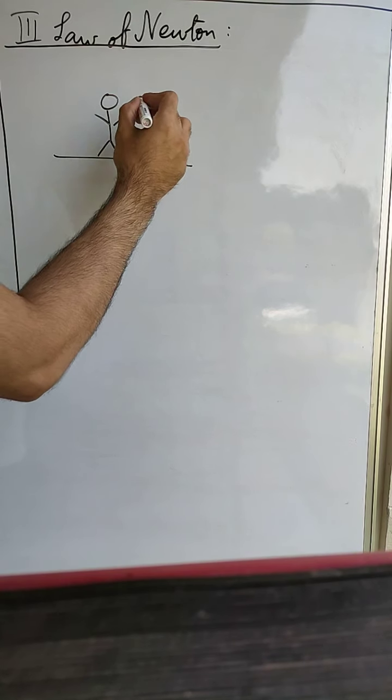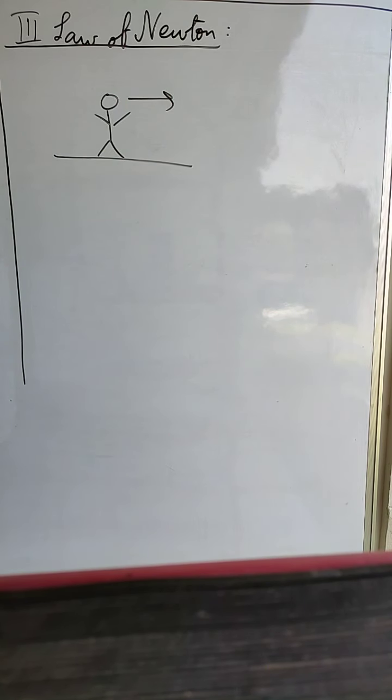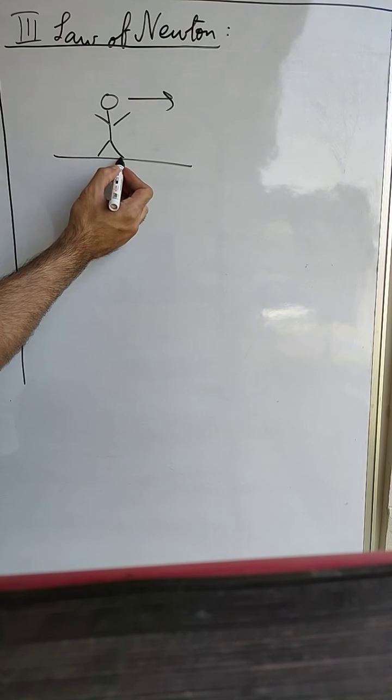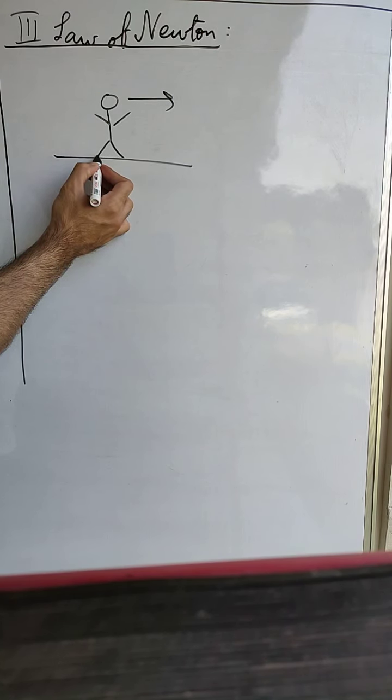If we are walking, suppose in this direction, then what are we doing to walk? Now we think that we just put one step in front of the other and we are able to walk. But that is not the actual thing that we are doing. We do not realize this. But when we are trying to walk in this direction, then with our legs, we are applying force on the